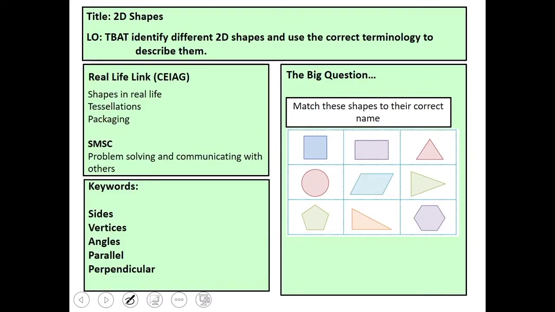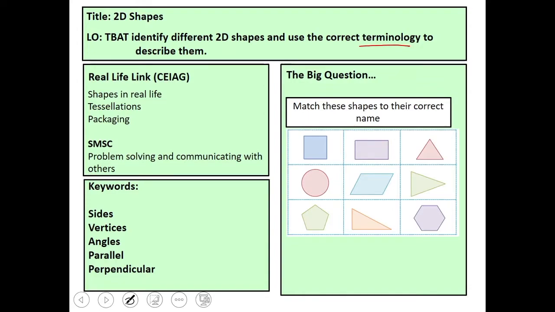Today we're going to be looking at 2D shapes. So the learning objective is to identify different types of 2D shapes and to use the correct terminology, or we can say buzzwords, to describe them. Real life scenarios, well, everywhere you look you'll always see a shape. So whether it's on your desk or your door or your walls, anywhere you look, you'll always see different types